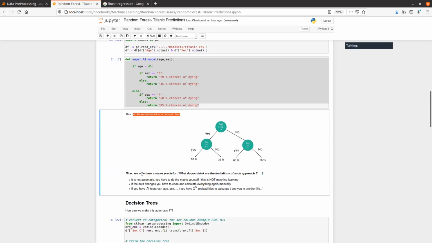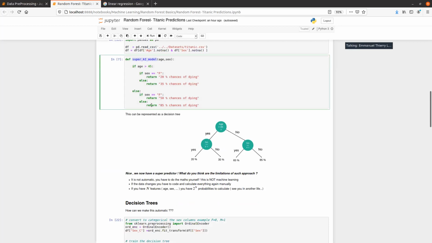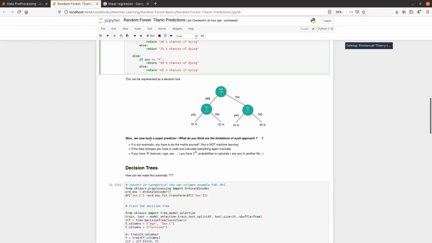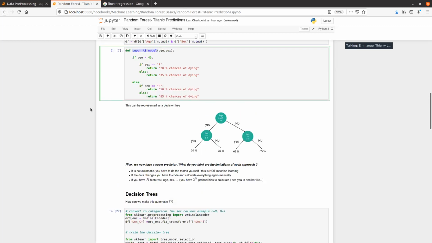Now that we have our super AI model, I would like to point out the limitations of such an approach. Indeed, this is not automatic. The machine didn't learn anything. We coded all of this by hand. We calculated the probability by hand, and we also ranked those features by importance by hand.